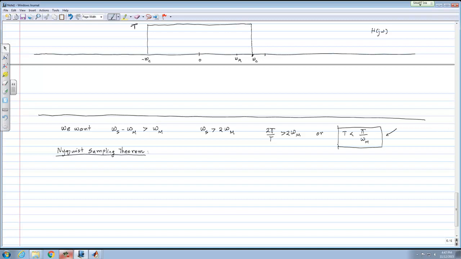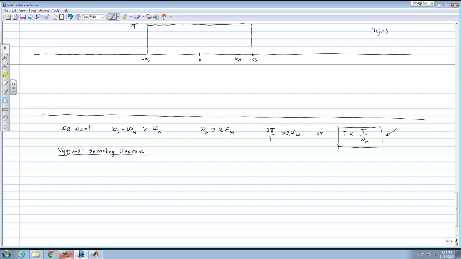This is really a sufficiency theorem, in the sense that sometimes you have more information about x of t, saying that it's not only band limited, it might be some other things too. In these cases, you may be able to get away with even slower sampling. But what this says is it guarantees: if you knew nothing about the signal other than the fact that it was band limited, it's enough for you to sample the signal every T seconds apart such that T is pi over omega m, and you will be able to recover it. So really you don't want to sample the signal too fast, right?